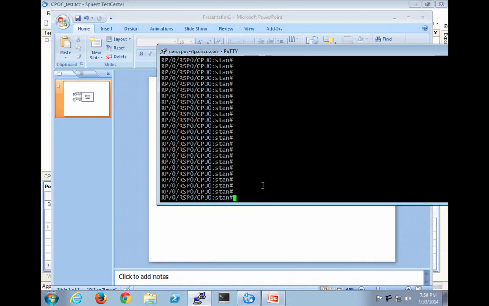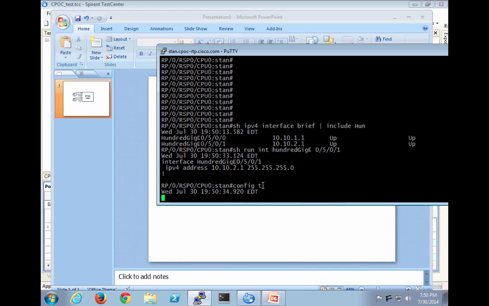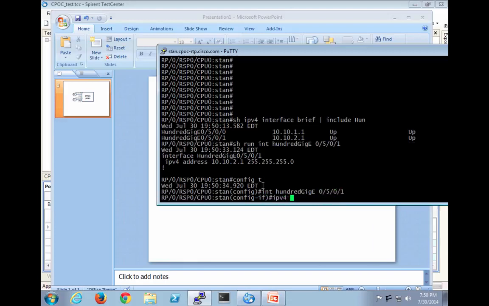If we come over to Stan and do a show ipv4 interface brief, include HUN for 100, we'll see that I had already put IP addresses in there. Of course, now I've changed my mind, and it's going to be 10.10.3. So we're going to do a show run interface 100/0/5/0/1. Then we do a config t, interface 100/0/5/0/1, and put ipv4 address